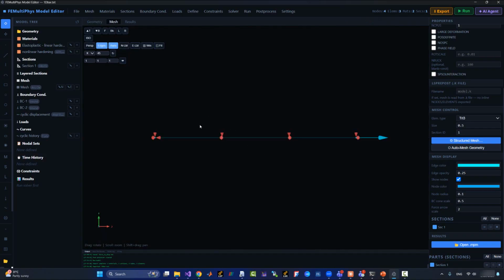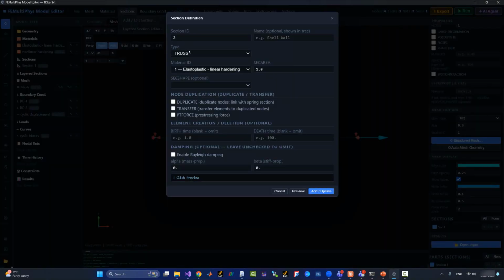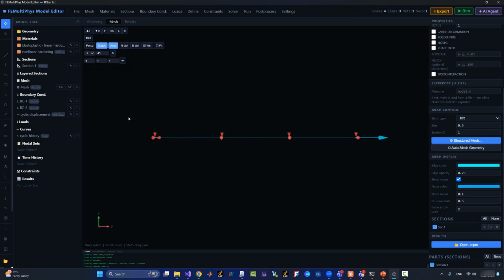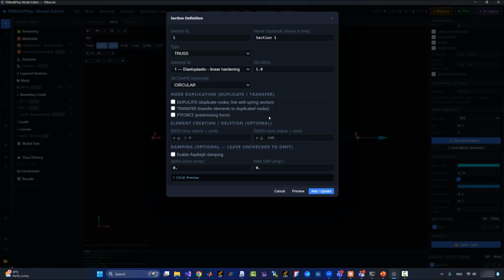But what matters the most is I'm going to change the material that I have assigned to my section 1. To this end, I'm going to go back to sections. Actually, we can go to sections and find edit section. The trouble is, if you go there by default, you populate a new section window, and you have to be careful not to overwrite something, so it gets tricky. I would always advise you go to the model tree and find section 1, find the edit button here, and